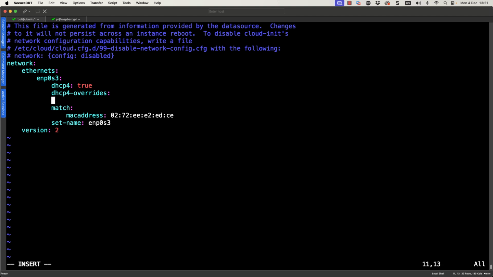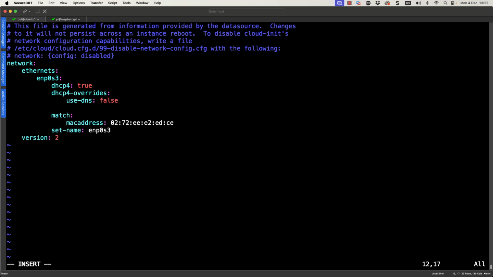I want to make sure that I'm pushed in 4 spaces inside of this. We can then put use-dns and make sure that we configure it to no. So use-dns and then no or false. You can see where I put no, it doesn't pick it up as a Boolean. It does work. You could be a little bit more accurate by putting in the value of false. Either will work, but we can see that we're picking out our syntax highlighting of that being a correct Boolean value.